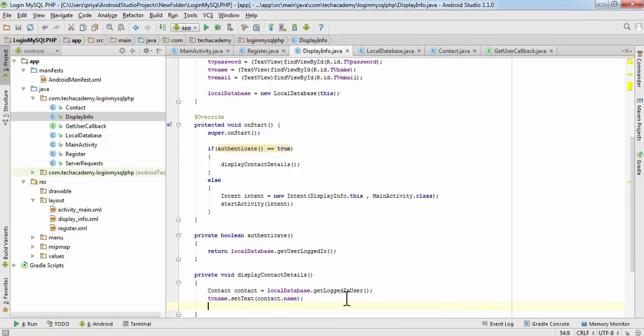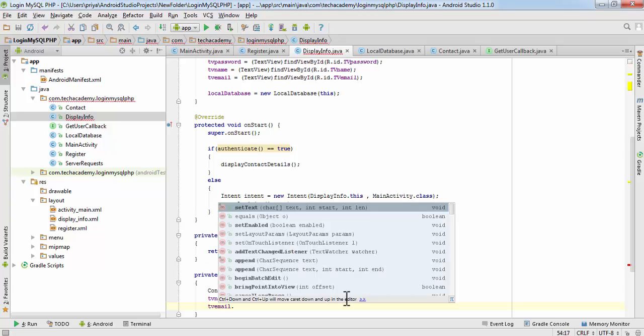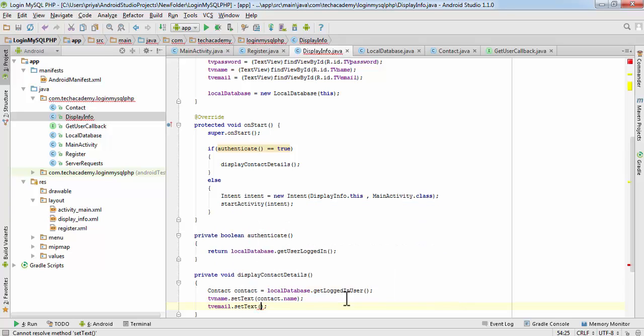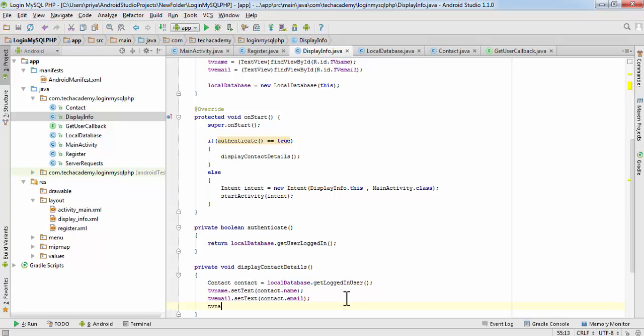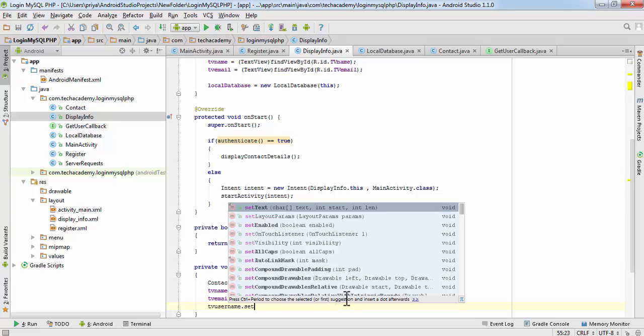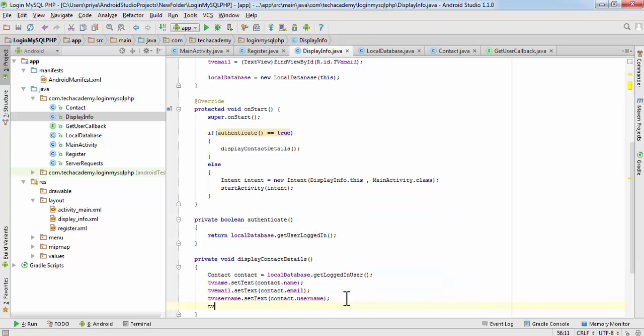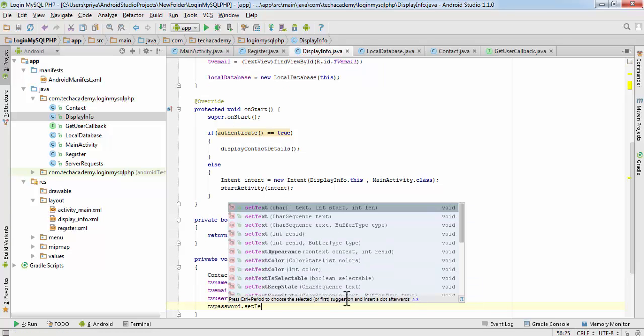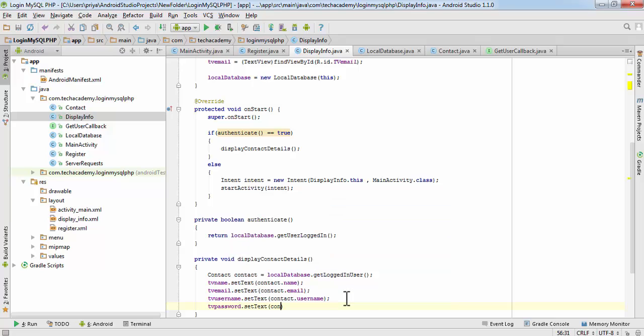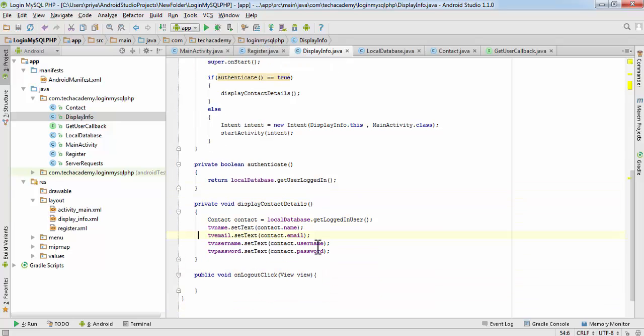Similarly, we have to do it for email and username and password. So tv name dot set text contact dot email, tv username dot set text contact dot username, tv password dot set text contact dot password. So this is also done. All the errors are gone.